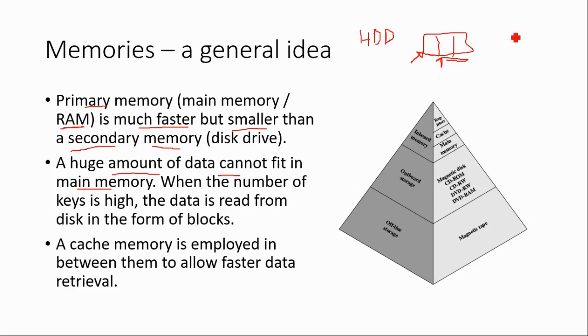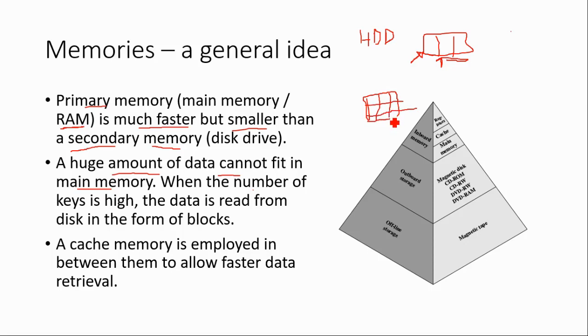Obviously, now you have greater capacities of RAM. However, for larger data, it is still true that it cannot hold such a large amount of data. So, if we have that huge amount of data which the RAM cannot hold, then